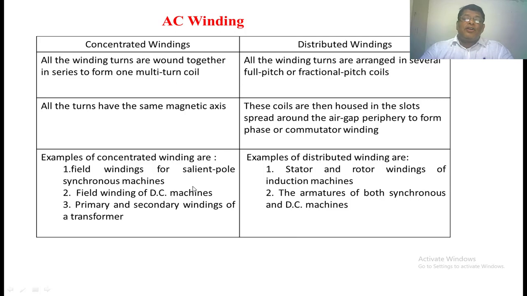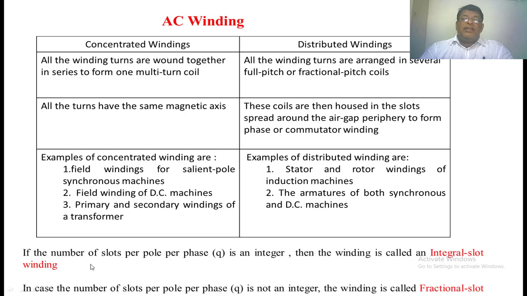The examples for the concentrated winding are the field winding of a salient pole synchronous machine, the field winding of a DC machine, and the primary and secondary windings of a transformer. If we come to the distributed winding: the stator and rotor winding of an induction machine, and the armature winding of both the synchronous machine and the DC machine. If the number of slots per pole per phase is an integer, then the particular winding is